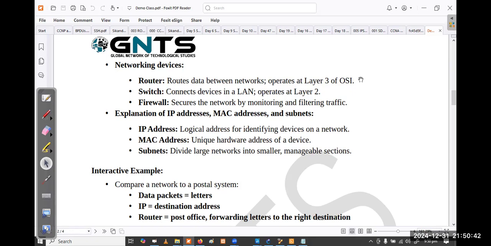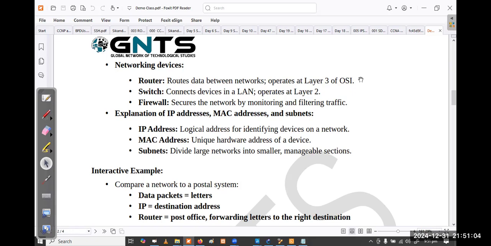The purpose of using a router is to route data between networks, right? We make the connection or the communication between different networks, right?